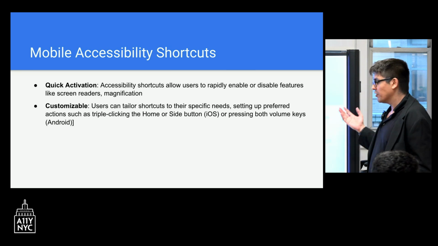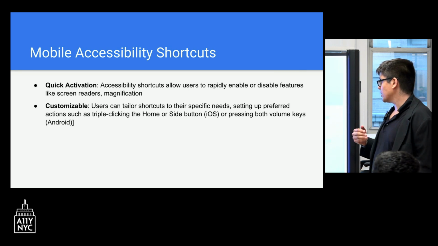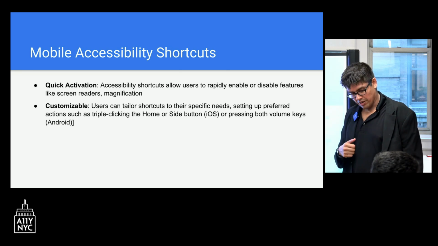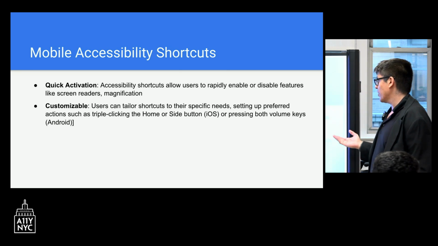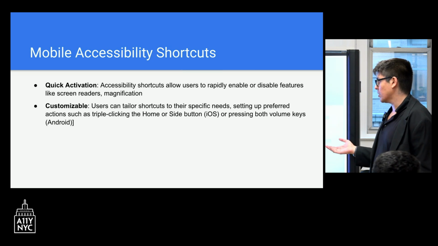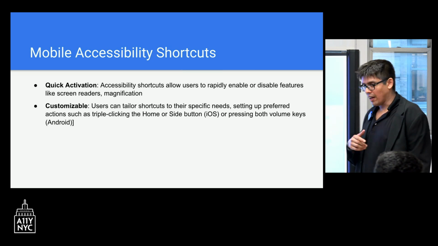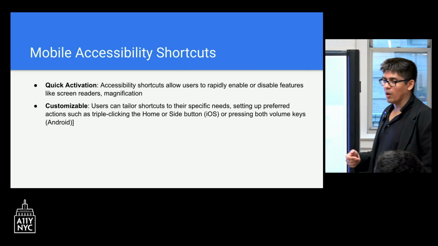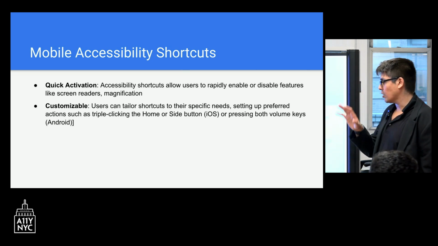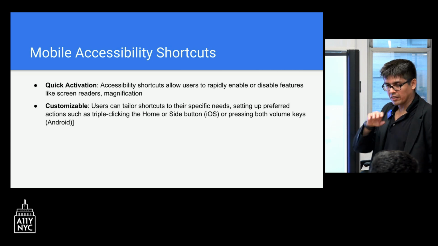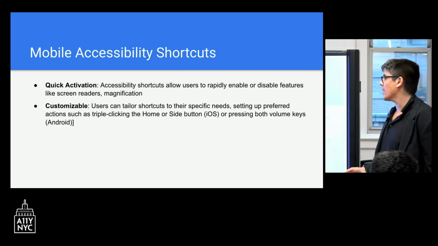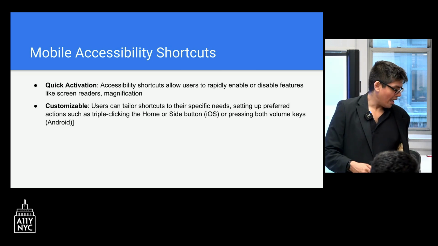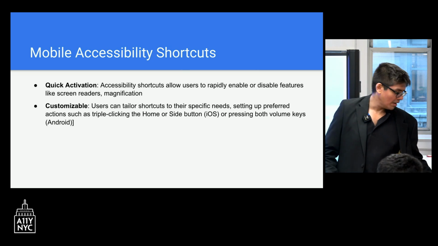Again, some of this might be a review for most of you, but the interesting thing is that you can set up your shortcuts in very specific ways per your device. For example, if you prefer that the accessibility shortcuts are usable through the volume buttons, great, they're configurable in that manner. If you want them accessible through a software accessibility button that you can move around the screen, they're also available in that manner, and so on and so forth. It's very customizable these days, and you're not limited to one option.